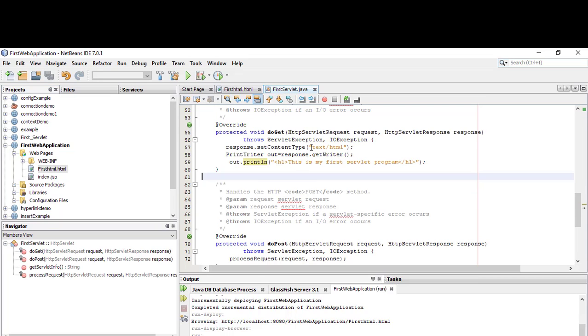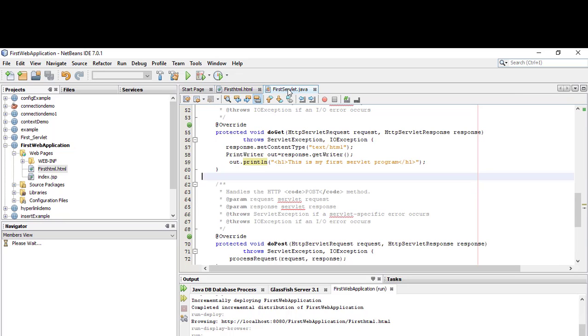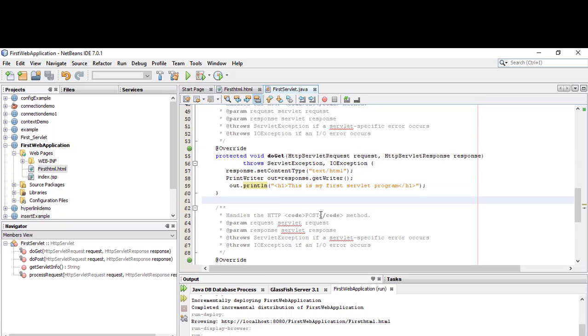Let's go to the servlet file. As I said, I am writing the get method. I am using doGet method of the servlet. In doGet method, I am setting the content type because I am using the HTML page. So response is the object of HttpServletResponse. Using this response, I am setting the content using setContentType method. So response.setContentType and pass the value of MIME type in the bracket. Here I am passing text/html.